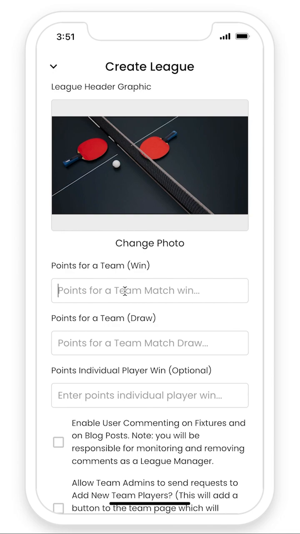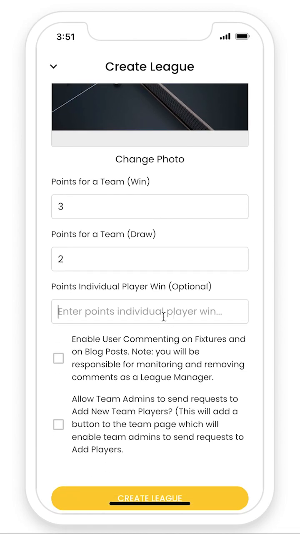then we have to give a point system for our league. So we're going to give 3 points for a win. We're going to give 2 points for a draw. And you've got the option of basically for every individual match that's played, whether it's worth a point or not, just leave it as 0 or don't bother filling it in if you don't want to, but we're going to